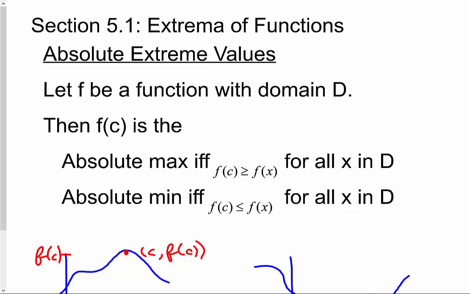Welcome to section 5.1. Chapter 5, we are focusing on applications of derivatives. So we're going to be starting to talk about how these all get used. And sections 1, 2, and 3 are all tied together. They're under a broad concept known as curve sketching, in which we're going to be talking about why graphs look